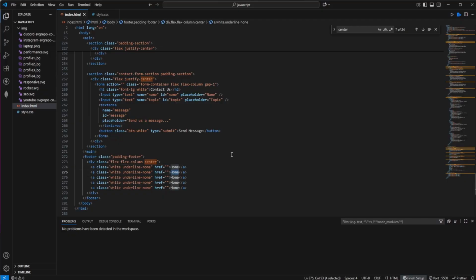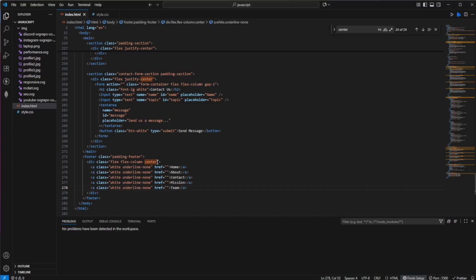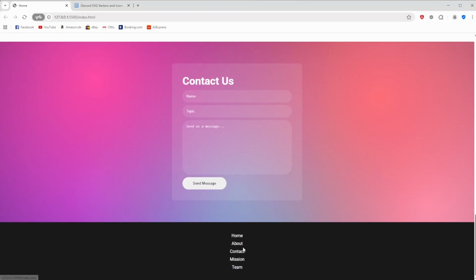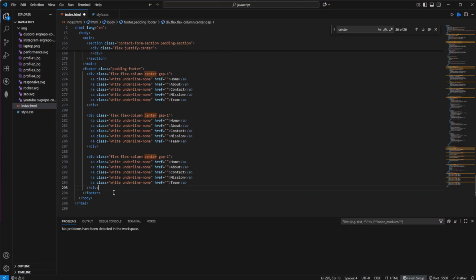So we have home, let's say we have about, let's say we have contact, let's say we have mission, let's say we have team, whatever. It doesn't really matter too much as well. We just want to have some placeholder here. So now we have those forms right here, and let's say we also want to add a gap of 1, which would also be around 10 pixels right here. Now we have this first div with some hrefs basically. So now let's just take this container. We are going to copy and paste this container twice,